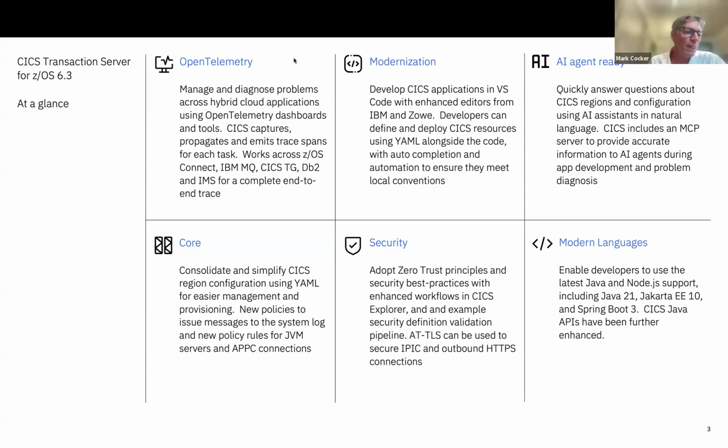So here within 6.3, we've been looking at VS Code as a development platform, as a choice for perhaps new tenure developers. And the kind of environment they're coming from is probably one where they're using VS Code in other companies or in their degree courses or wherever they're training.